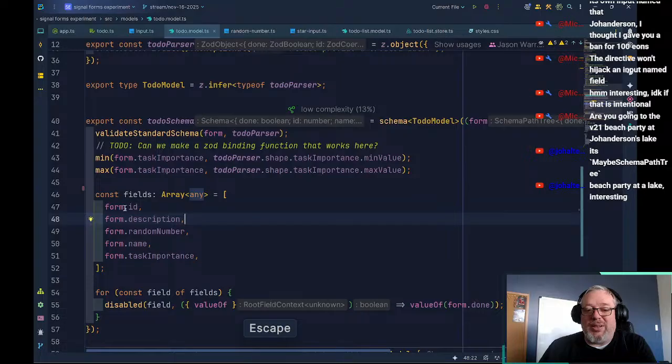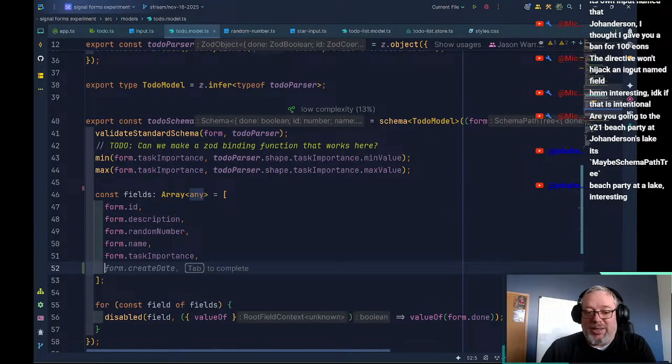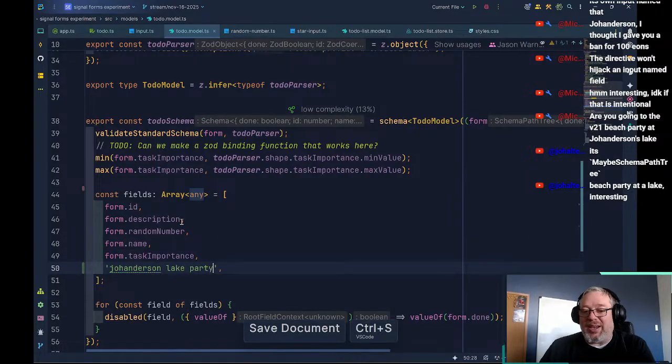the problem here is that I can put anything in here, right? Like Johanderson Lake Party, right? And it doesn't care. That's the problem that we've got here, is that